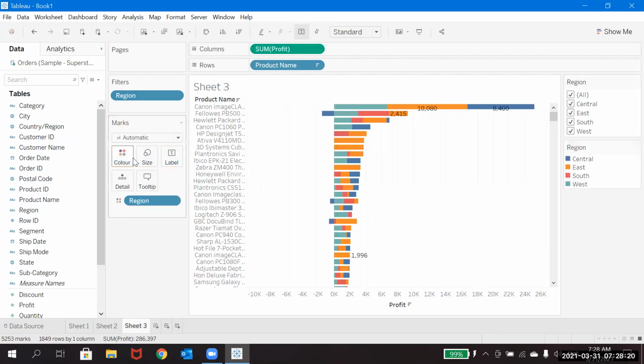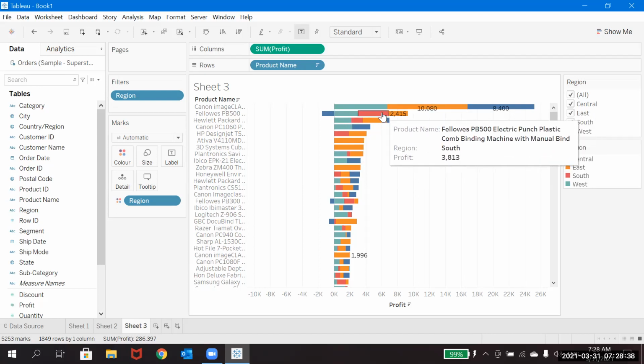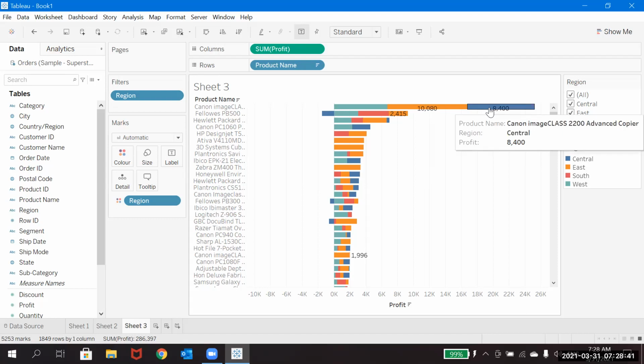So I had kept it in the color, so that if you see, there is a legend here: central, east, south and west. So which color is defining which one? You can hover on it, and the text is also displayed wherever the value is small, but not displayed for the rest, which is for each and every product. So it was showing individually, on each region what is the value, what is the profit. So this is also one way of reading it.